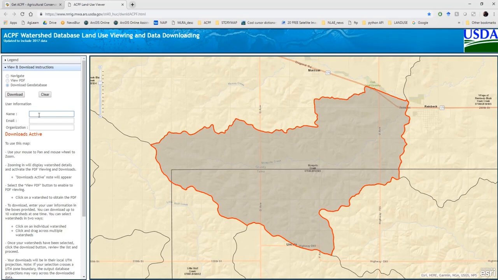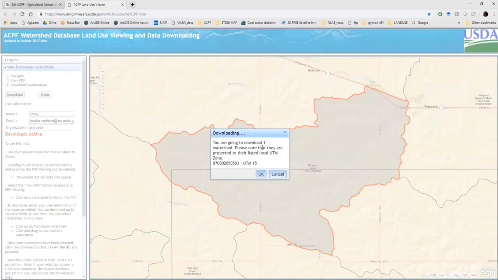I'm going to enter some general information like my name, email, and organization. This is just so the team at Ames can get an idea of who is downloading the data and who they are affiliated with. We don't spam you with email, so don't worry about that. And once you're ready, you hit download and wait a couple seconds, and here we go. It tells me I'm downloading one, and then it'll project it in my local UTM zone, and for me that's UTM 15. So I'll hit OK,